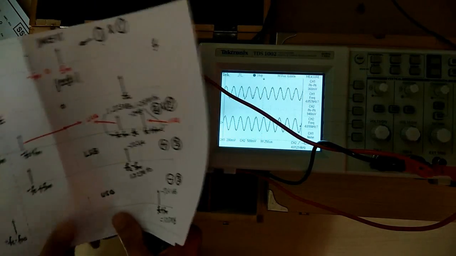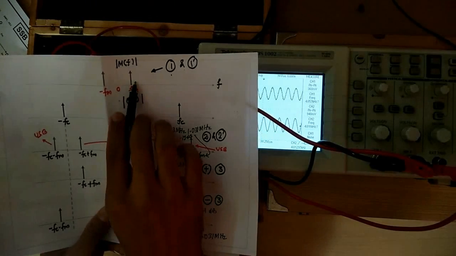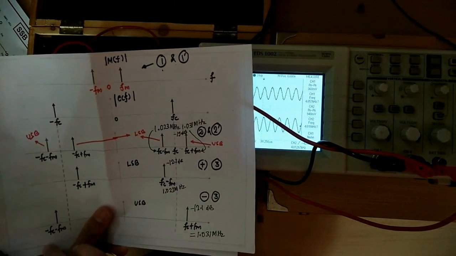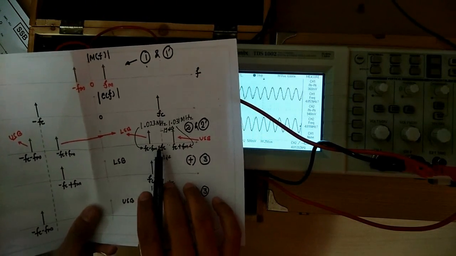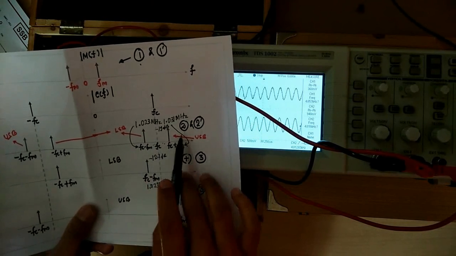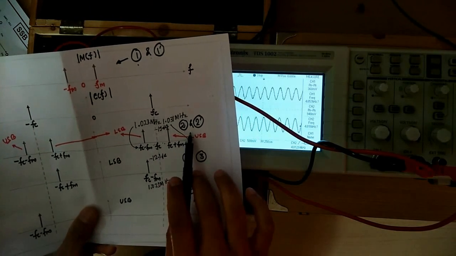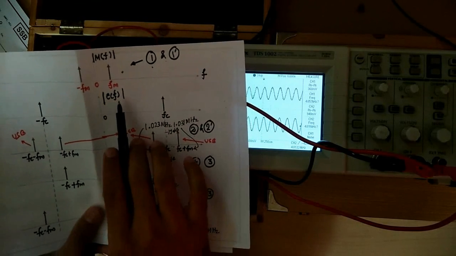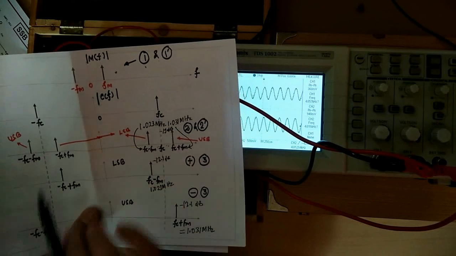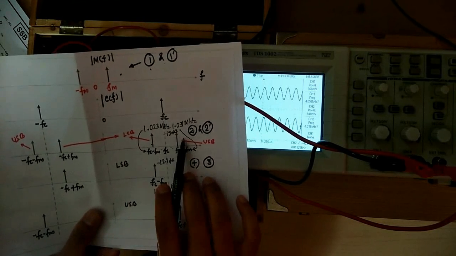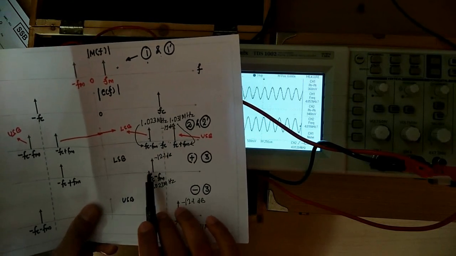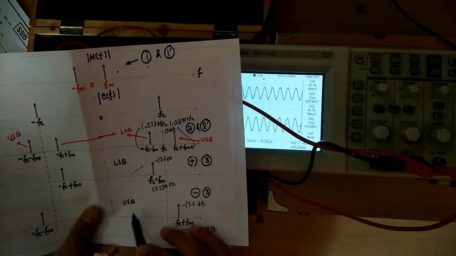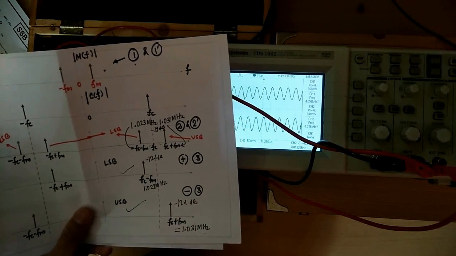And related to spectrum, you can see the spectrum of message, the spectrum of carrier, and the spectrum of DSBSC1, and we have seen that the DSBSC1 spectrum and DSBSC2 spectrum are both the same. Message spectrum and shifted message spectrum are both the same. Carrier spectrum and shifted carrier spectrum are both the same. DSBSC1 and DSBSC2 spectrum are both the same. So this is the LSB and this is the USB spectrum.